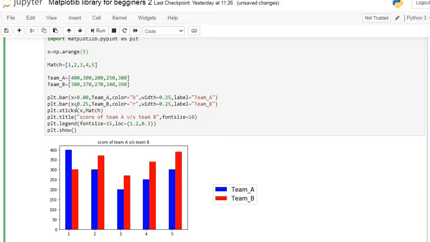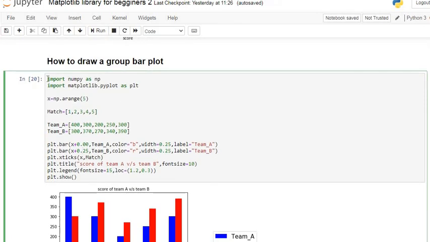You can see here I just specify x plus 0, and I specify x plus 0.25, because as you specify the width of the first bar plot is 0.25, and I specify x plus 0.25, then the second bar plot gets attached to the first bar plot. So this is the required procedure or required code. You can use this code for making the group bar plot.